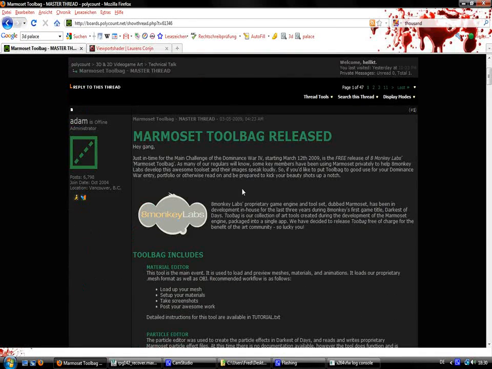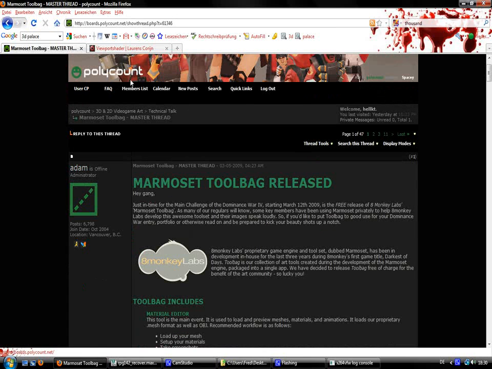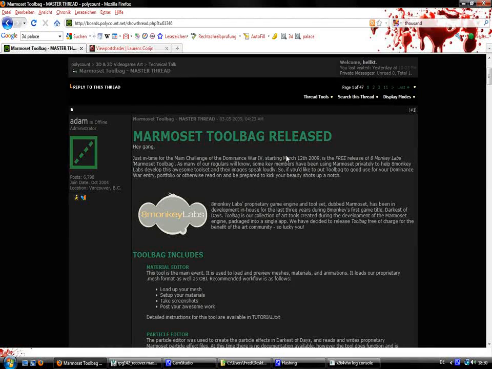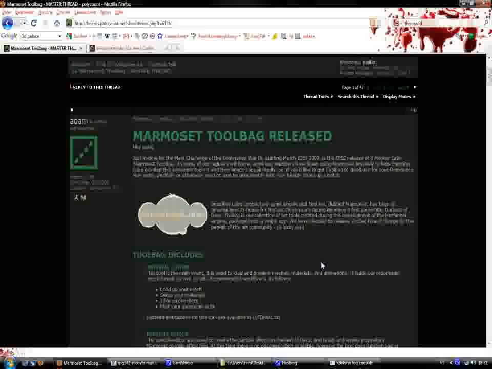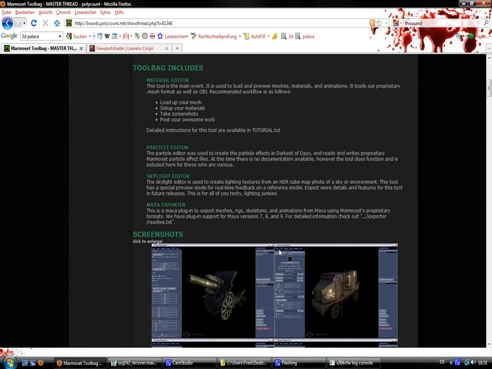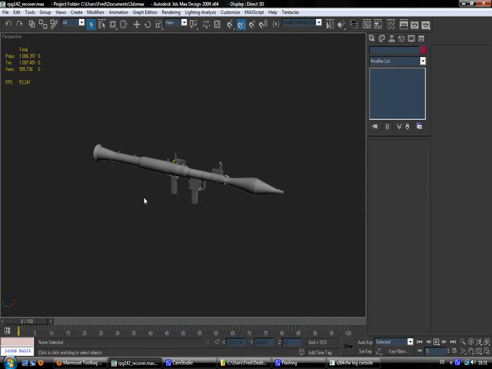Just type in Google Marmoset Toolbag, and the first website is going to be the Polycount, and I guess it's the forum from the creators of Marmoset, from Egg Monkey Labs. So go ahead and take a look. We're going to use this tool for the tutorial. But while you download this tool, we're going to open our well-known 3ds Max,